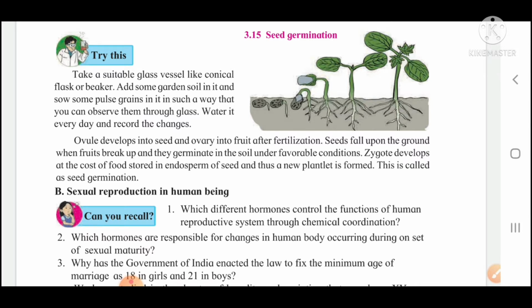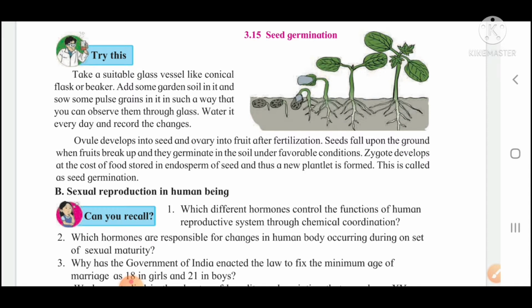suitable glass, and you will sow the seed in this. Take one seed and sow it with the help of the garden soil, so that you sow the seed in such a way that you can see it from one side. That's why you are taking a glass, so that you can see through the glass. Once you sow the seed in the soil, later you will see how the seed germinates,